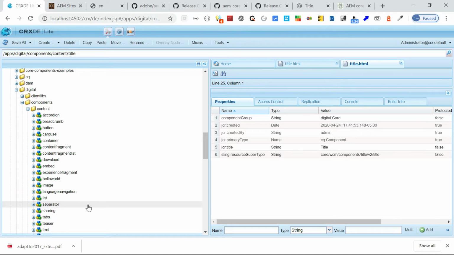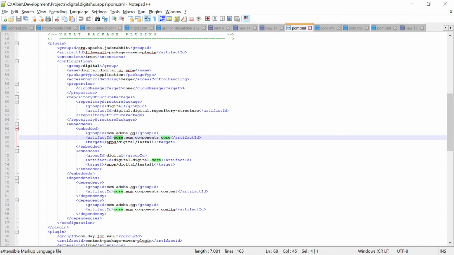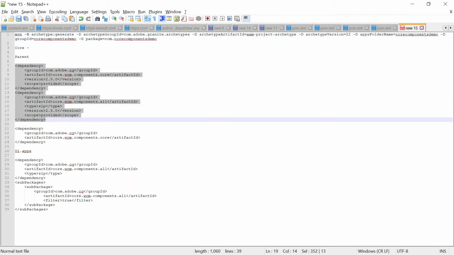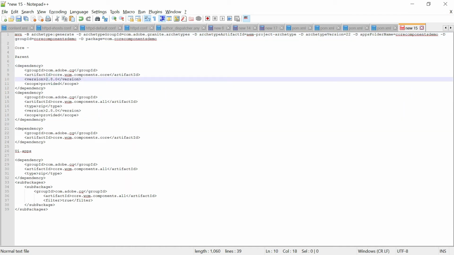Now let's say you created a project with an earlier archetype, and it's not automatically included the core component. Also you don't want to install through the server, the package manager. So then what you can do is you may need to add some dependencies, like in your parent POM you need to add this dependency. I will be sharing that version also, the 2.8.0, what version is compatible with your instance, you need to find out.